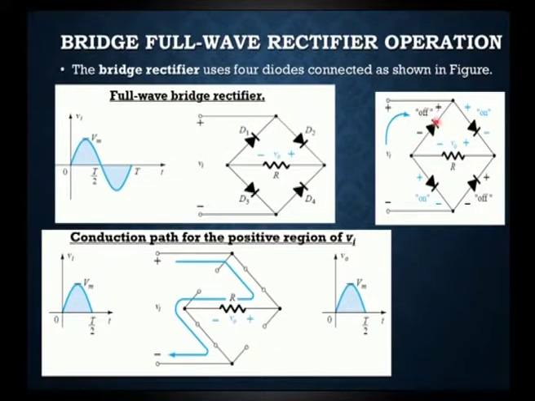So, this diode will be off. If it comes positive here, this D2 diode will be in on mode, and here this will be in off mode, this D3 diode will be in on mode. So, the current will be flowing in this direction, that is what is shown here, and the output will appear the same as what we observed in the center tapped also. We get the positive half cycle with the same polarity as the input voltage.